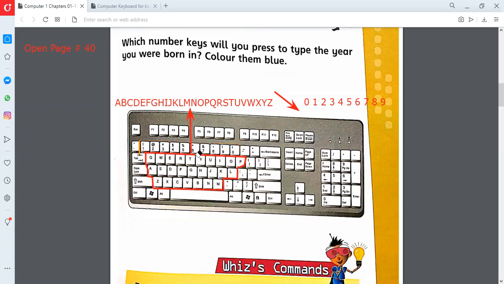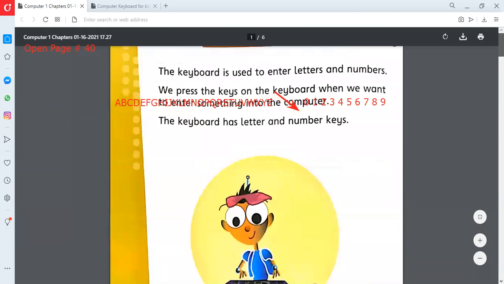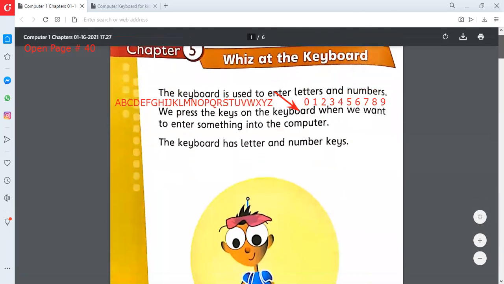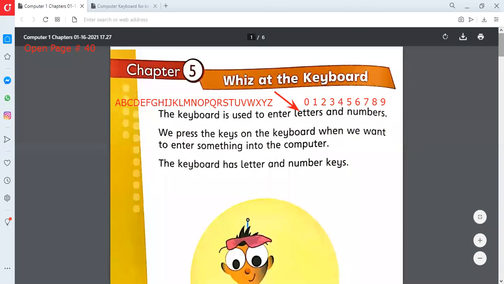Let me erase the lines and then we will go back again to our page. On page number 40, we have the second line. The first line is saying the keyboard is used to enter letters and numbers.